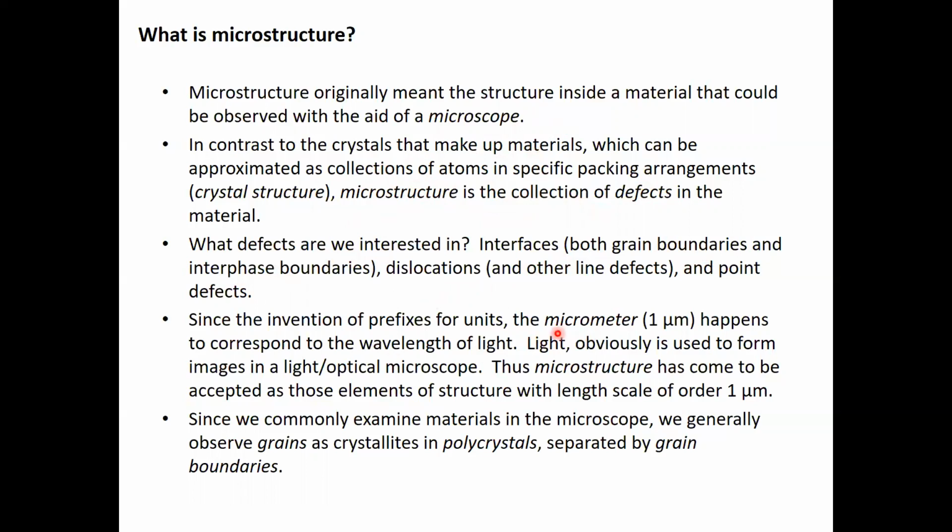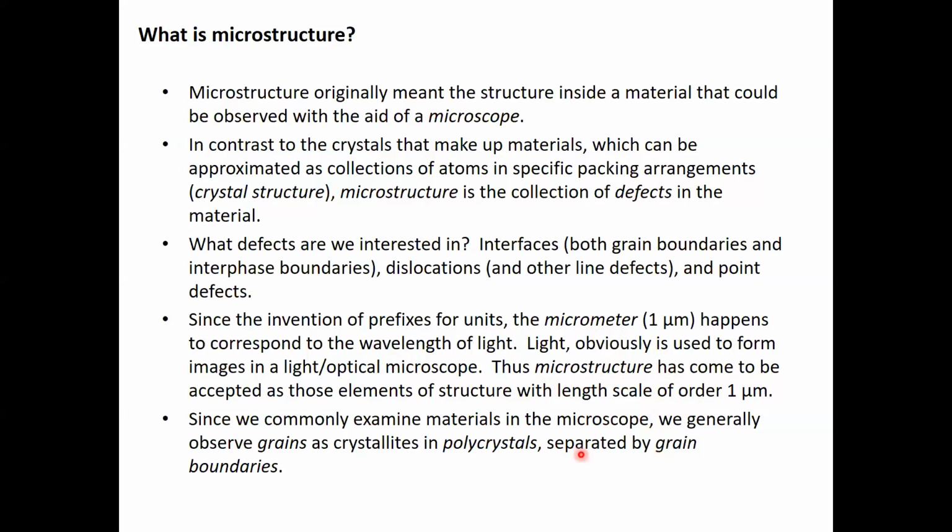Since the most important unit when we're looking at microscopes is a micrometer, that's 1 micron, so 10 to the negative 6th meter. It also happens to correspond to the wavelength of light, between 300 and 700 to 800 nanometers, fairly close to what a micrometer is, right? So a microscope uses light, and a micrometer is fairly close to the wavelength of light. Thus microstructure is really the unit that we use for the scale of what we're looking at